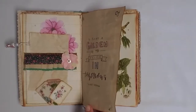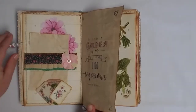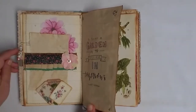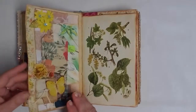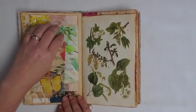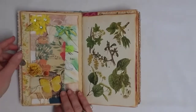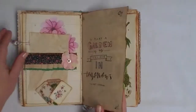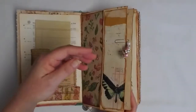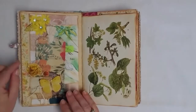I have metal written on this, but I don't know why. Okay, here, although I do have metal on my bead dangle, maybe that's why I had the metal there. I'm not sure. Anyway,